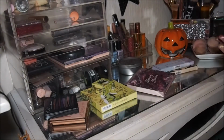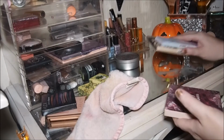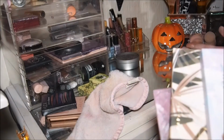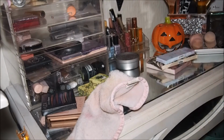Let me go and get a makeup eraser. Right, so I don't know how I managed it, but this should have been enough for the entire week. But I had like 3 days extra. Now, the ShopMyStash must have gone up really, really late. I know it did go up a little bit late for editing and things like that. But anyway,